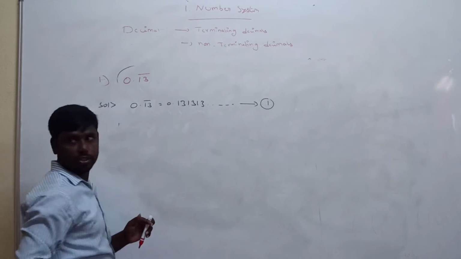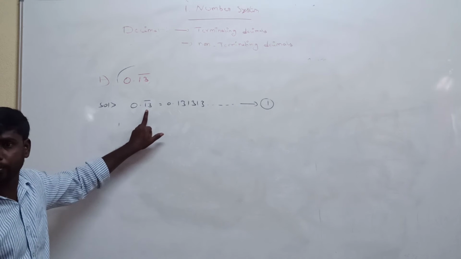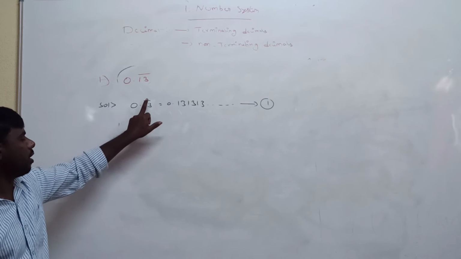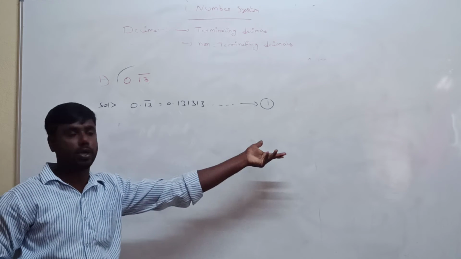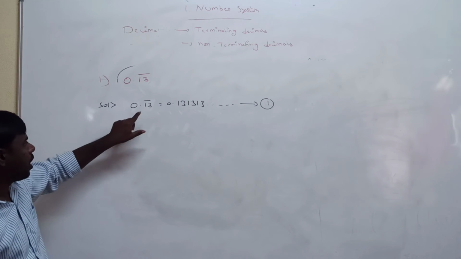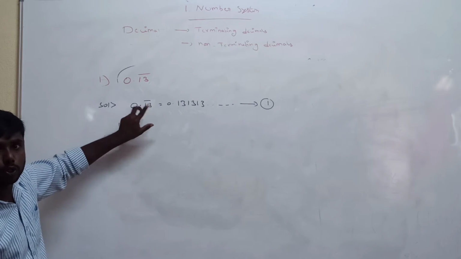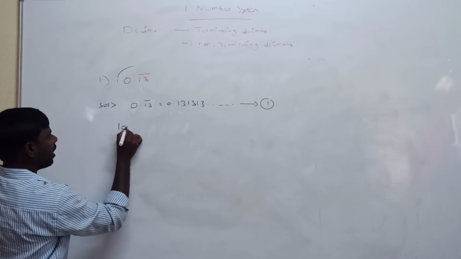Consider this as equation number 1. The bar lies on the two numbers, which two numbers? 13. So the bar lies on the two numbers means 13 is repeated many times. That's why we are writing it many times. So now, the bar lies on two numbers, so multiply with 100. We can write 100 into